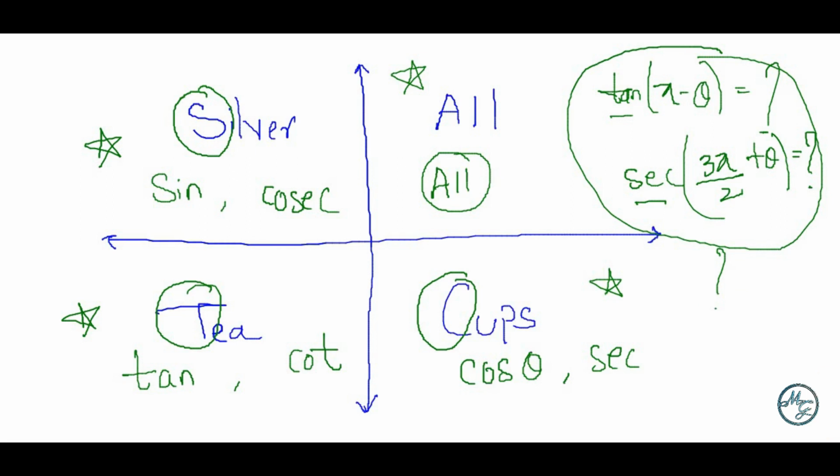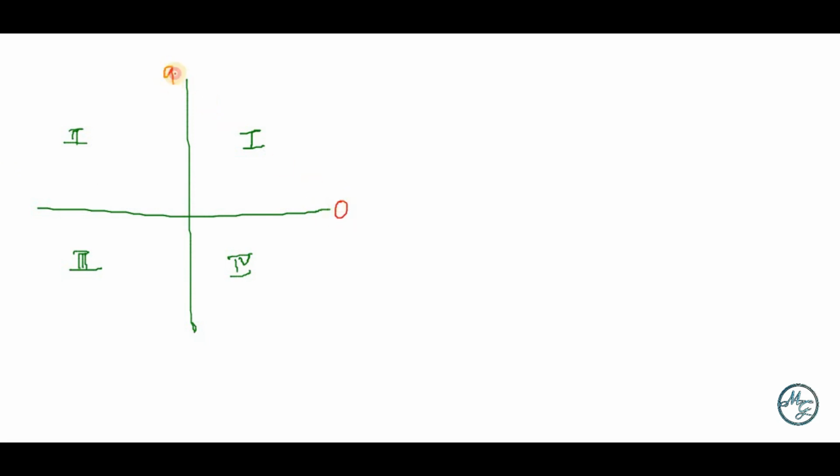Okay, so this is the second part now. On the left side of my screen, I'll draw the coordinate system. First quadrant, second quadrant, third quadrant, and fourth quadrant. Now this is 0 degree, 90 degree, 180 degree, 270 degree, and 0 I can also write as 360.